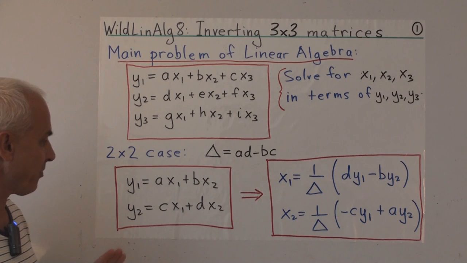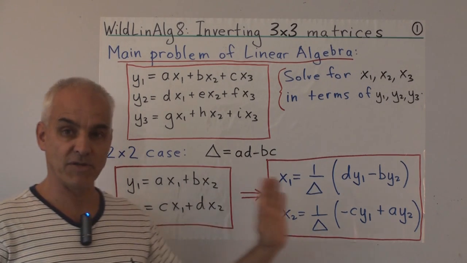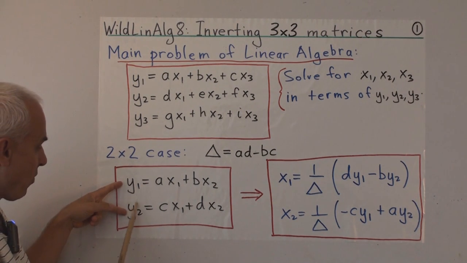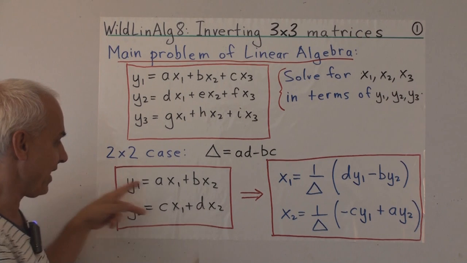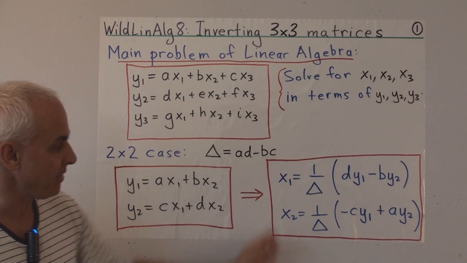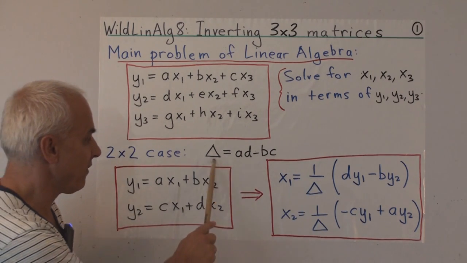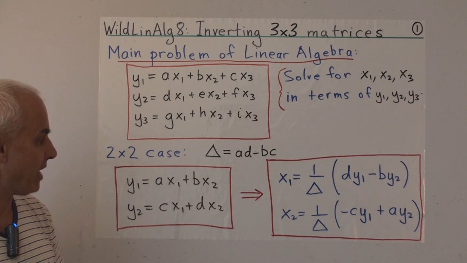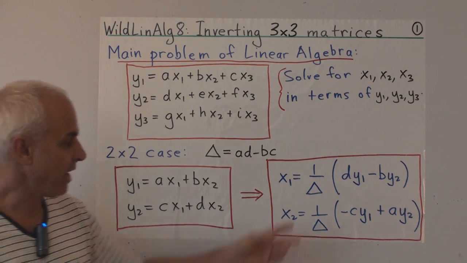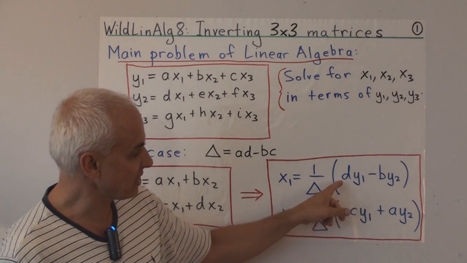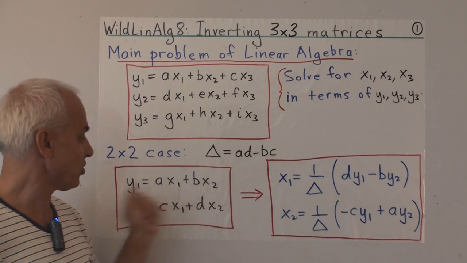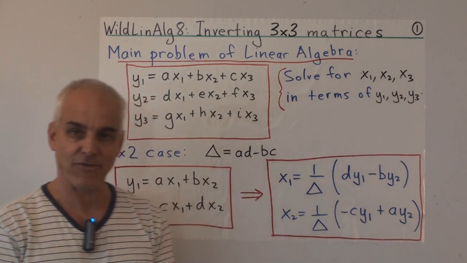So to get some orientation for the problem, let's recall that we've already solved this problem in the 2 by 2 case. In the 2 by 2 case, it looks like this. Here's the starting point. y1, y2 is a function of x1, x2, a linear combination of those. And then the solution which we derived had this form here. And it involved, in a very important way, this determinant, AD minus BC, obtained from the coefficients. It was involving those coefficients in a somewhat interesting but relatively simple way. The A and the D got switched around and the B and the C got multiplied by -1.